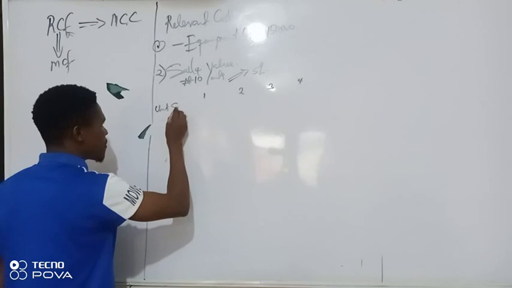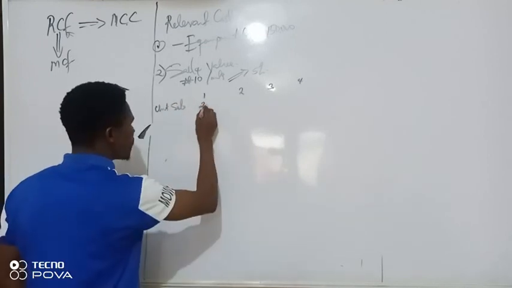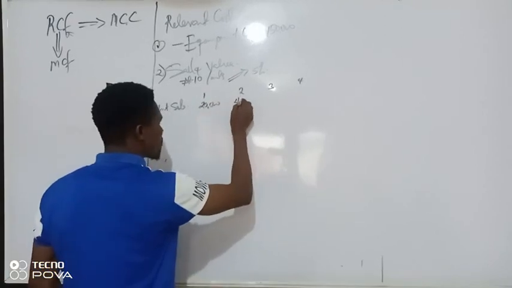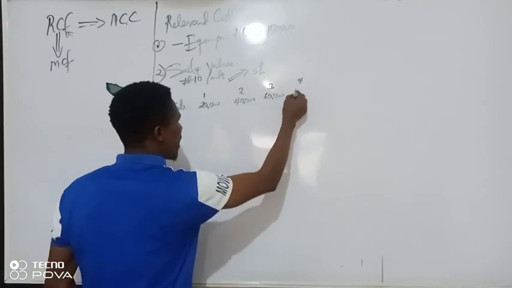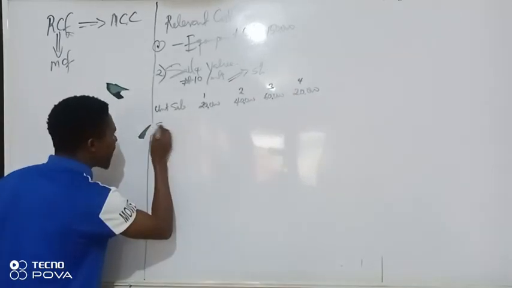Let me further bring out my unit sales. Units for year one, for the question, are 20,000, followed by 40,000, 40,000, 60,000, 60,000, 20,000, and 20,000. Then our selling price.